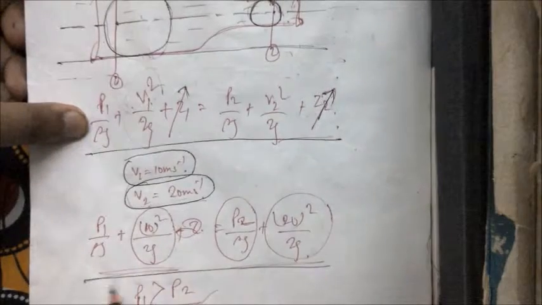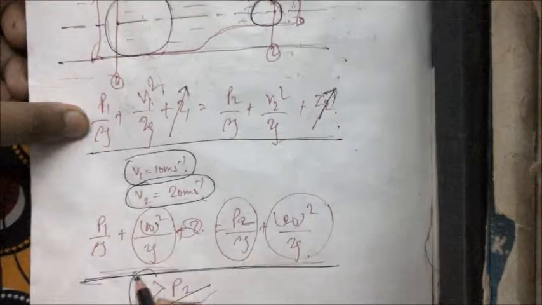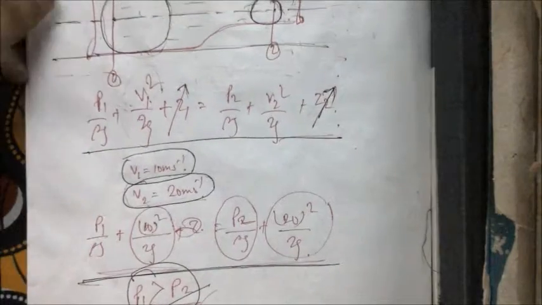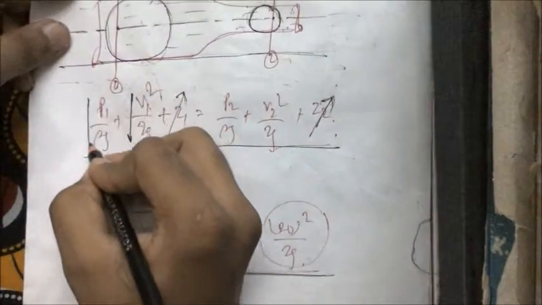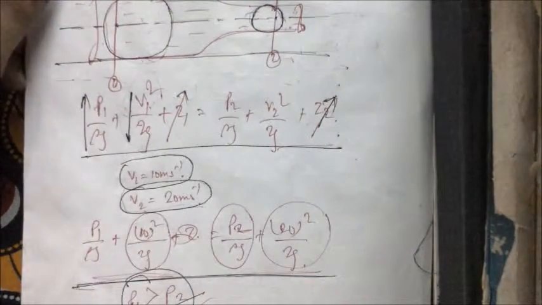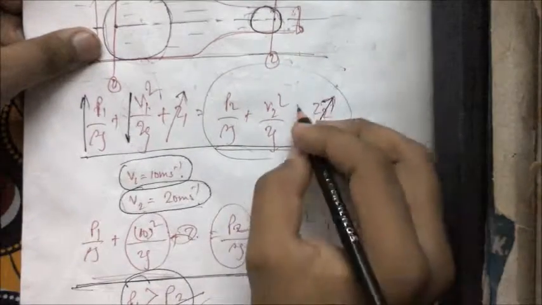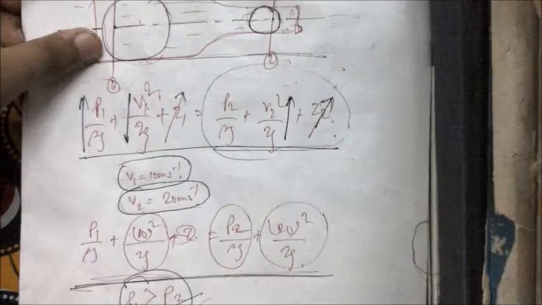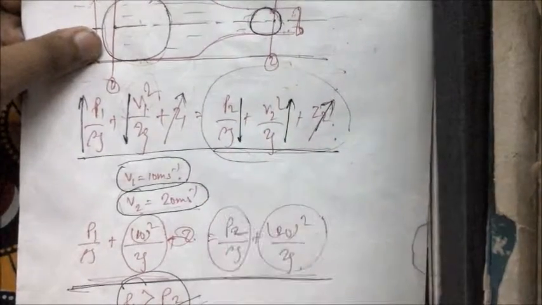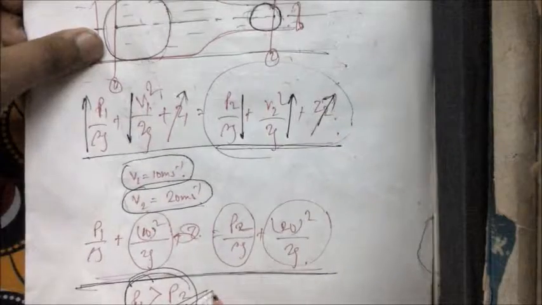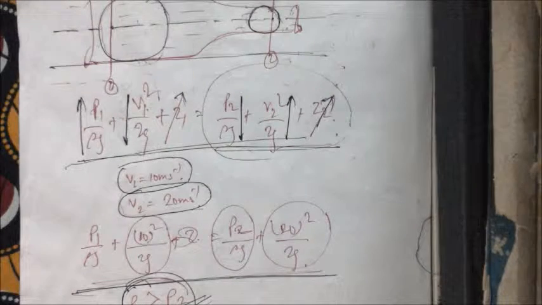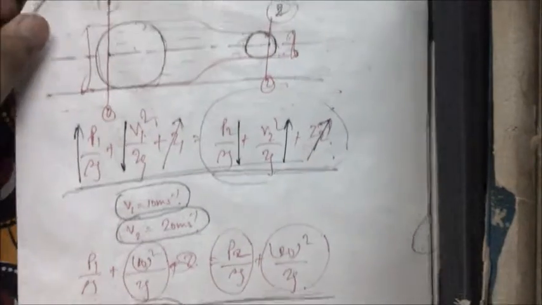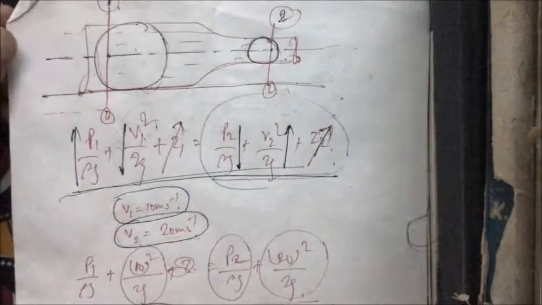So from the equation I can see that P1 is higher than P2. This is Bernoulli's equation. If velocity decreases, then pressure at this point needs to go higher to balance the equation. Here if the velocity increases, to balance it, pressure must go down. That is what I have seen, that P2 is less than P1. So have you understood Bernoulli's principle now? It is fantastic. Once you start understanding Bernoulli's principle, your concept in fluid mechanics will get better and better.